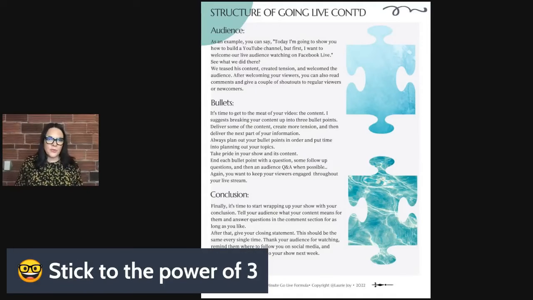Now, the power of 3. You really can't go wrong when you're going live and you have 3 main reasons, iterations, examples, metaphors, or bits of a story that back up the main training. Because what I'll often see is that people have a great training and then they're off to the races. And once they start talking, they're off. People are wondering what they're talking about. They've lost track of the title, the theme, the content.